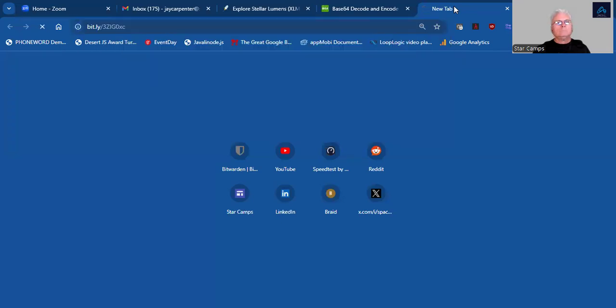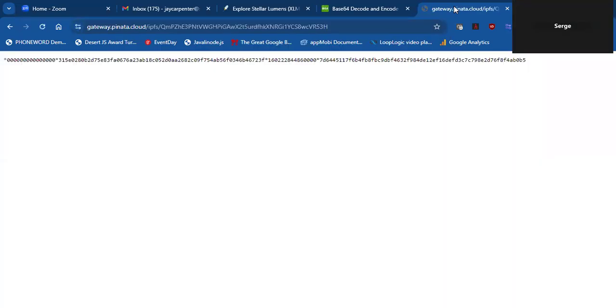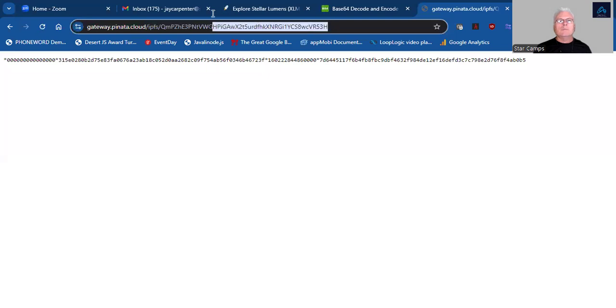Is that a value that you stored previously, that URL? The URL is a bit.ly shortener for this URL, which includes an IPFS content ID.